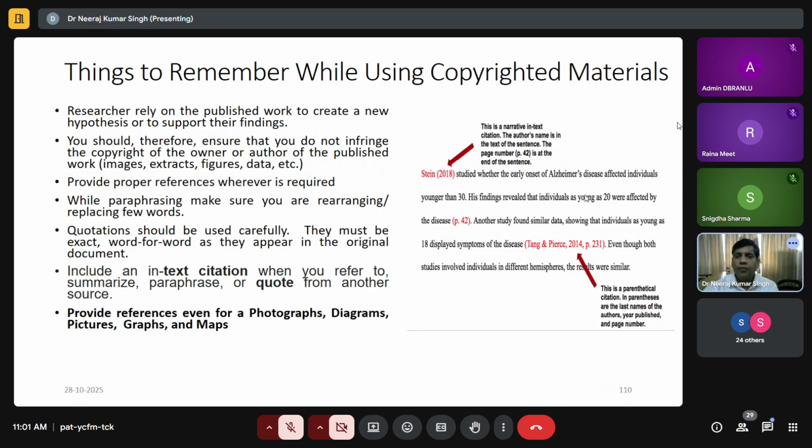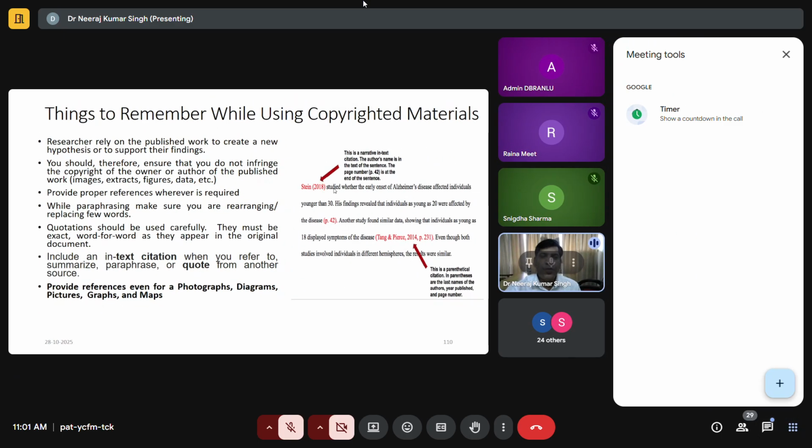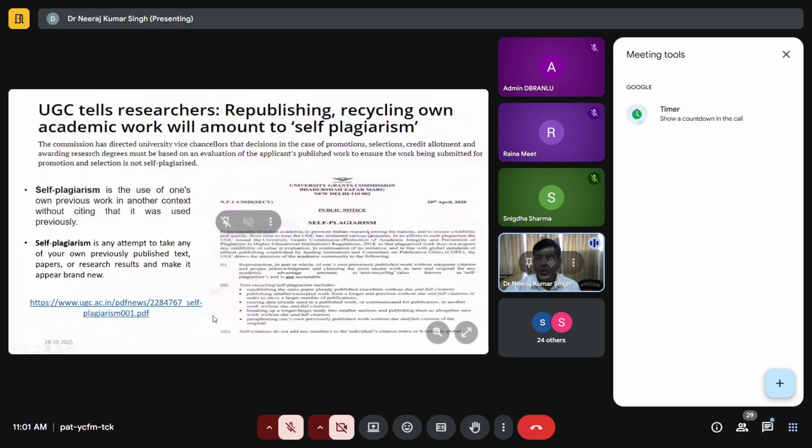Wherever you are giving in-text citation, it simply means that this portion of your work is not originally yours. You have borrowed something for that particular paragraph, and you will be appreciated more if you give credit to the authors whose work you are taking in your research paper. There is no problem, no harm, if you are giving credit to the original author, right? So this is the important thing. And then this is the notification about self-plagiarism by